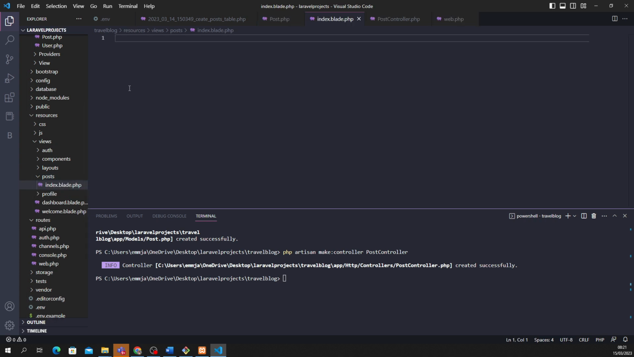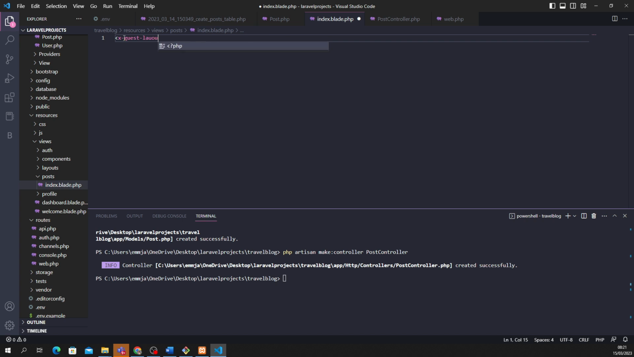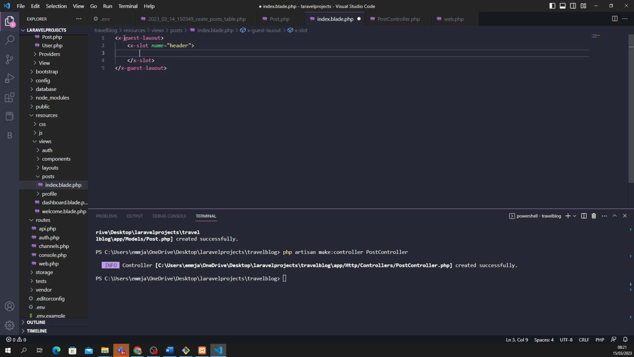And then inside here, we've got a brand new file. We've got quite a lot of code to write out here, so we're just going to get started and see how we get on. This is going to be a little bit like HTML. The first thing is we have x-guest-layout, and then we have x-slot name, and we're going to set that name to be header, just like that, and then close that, and then we're going to have h2 class,